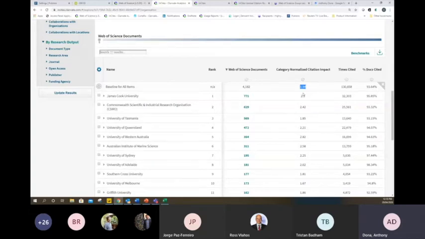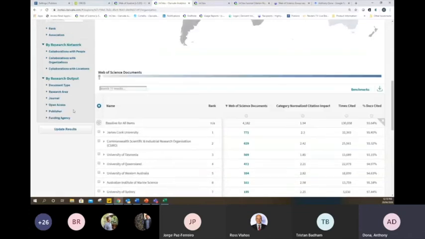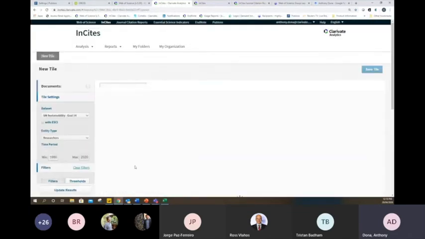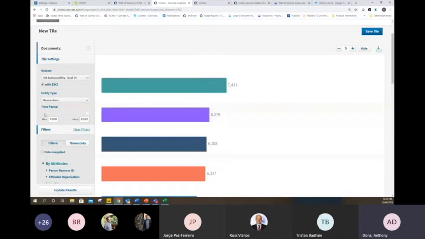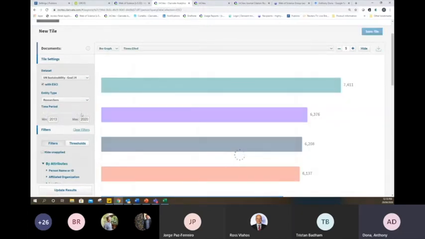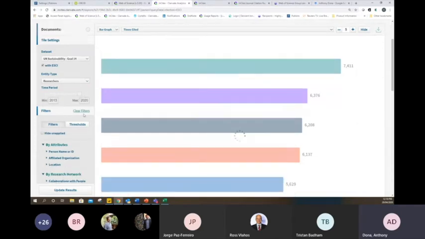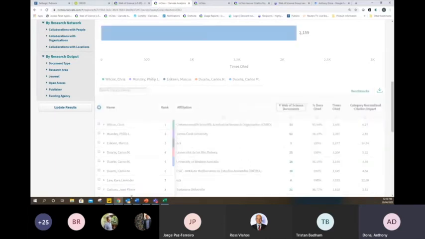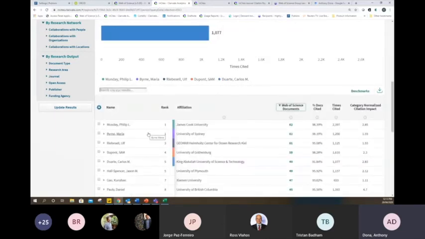Let's say I wanted to go even further and look into people that are producing this content. If I jump into InCites and click on researchers, I'm still in this kind of aquamarine type area. Again, I might want to make this analysis a little bit more relevant, so I just want to look at the last 5, 10, however many years. I'm going to do that, and then I'm going to look at the people that are producing content in this by total number of documents,